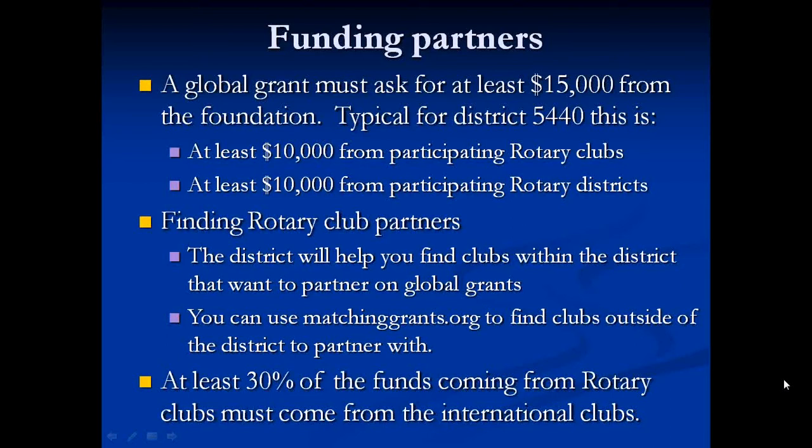Matchinggrants.org is a good place to list. It is a Rotary website where you can list your project and solicit contributions from there. As far as bank accounts and financial record keeping,